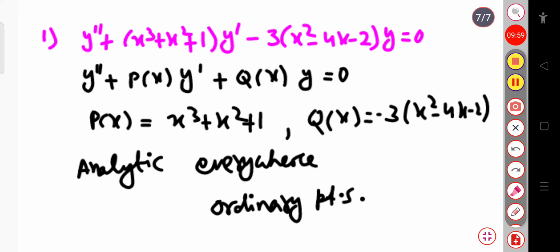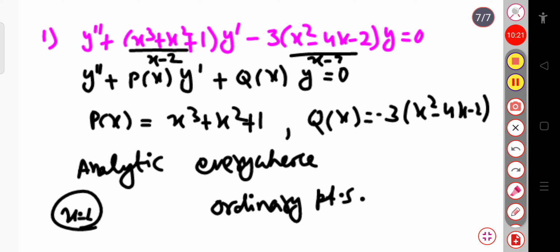At some point, suppose this equation is divided by x minus 2, and also here this is divided by x minus 2. In this case, if we put the value of x to be 2, this value goes to 0, or simply I can say that when x equals 2, the function is not defined. So what will be the case if x equals 2? Now let us see.